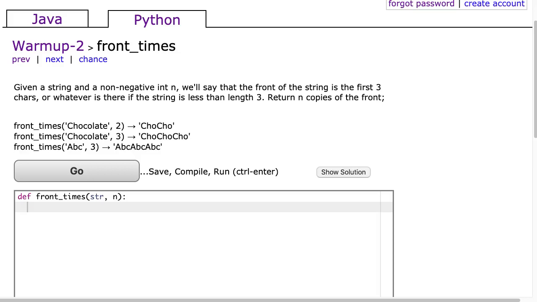Tonight is night 14 of my nightly ritual of recording one Codingbat solution. Now I'll avoid all the pre-ramble and just dive right in. Alright, tonight we're going to look at front times, which is warm up 2, and we're looking specifically right now